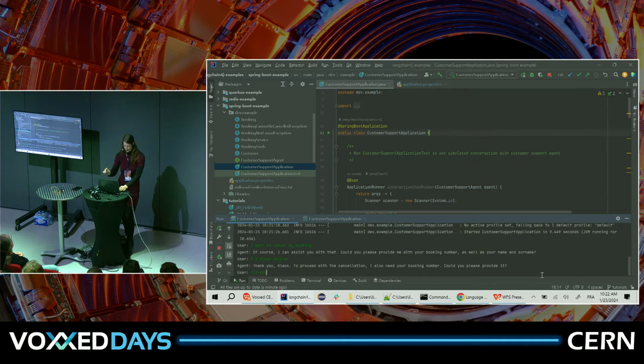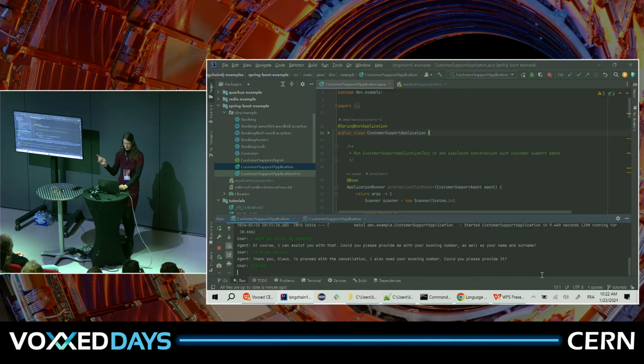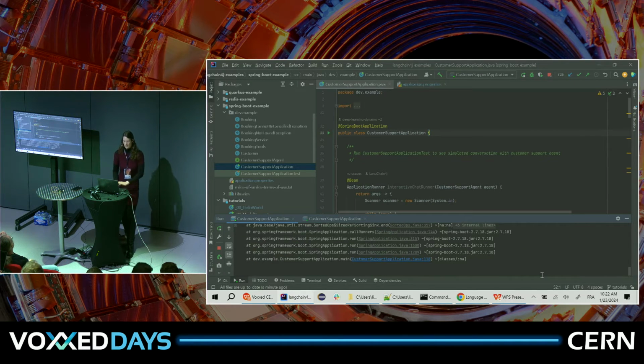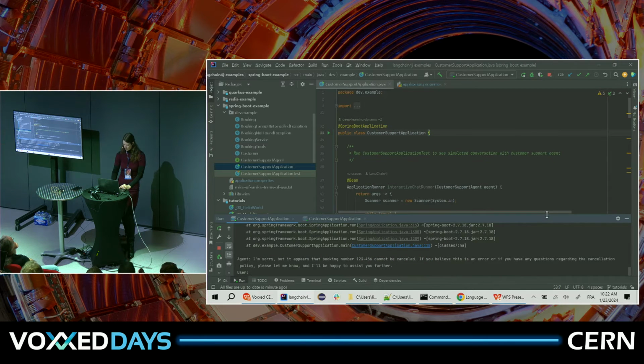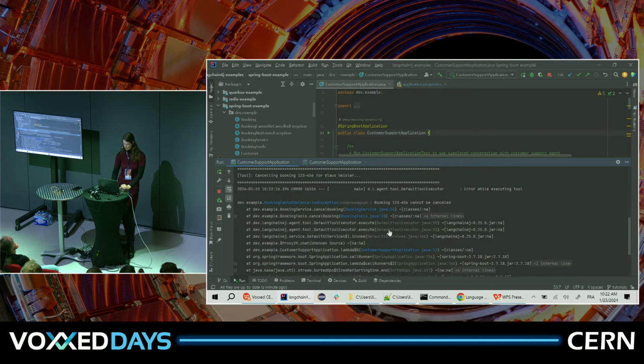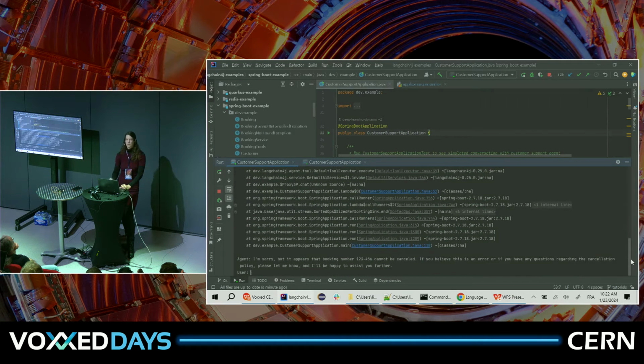I'm not going to give the whole demo here, but if I put in the wrong booking number, it can retrieve the bookings from our database, and it will say it didn't find it. There is some logging going on here. We provide an exception that the booking cannot be cancelled with the reason, and then it matches it with our terms of use, and it will say, it appears that this booking cannot be cancelled.